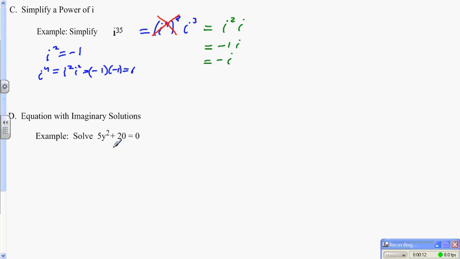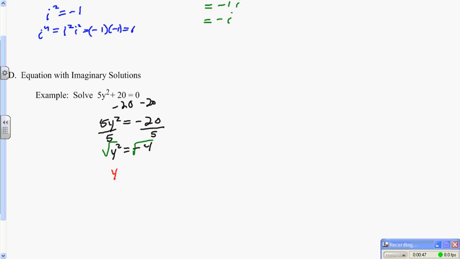In solving this step right here, we would subtract 20 and get 5y squared equals negative 20. Divided by 5, y squared equals negative 4. We'll square root both sides to undo the square. And our answer